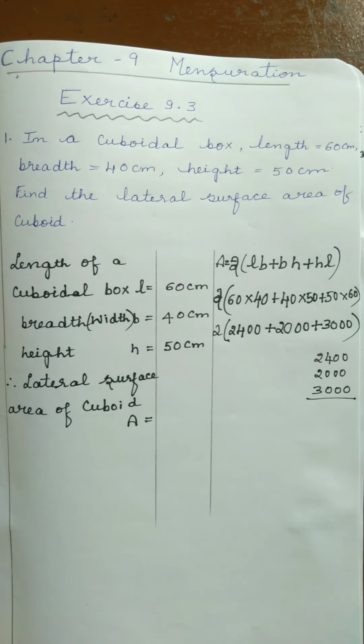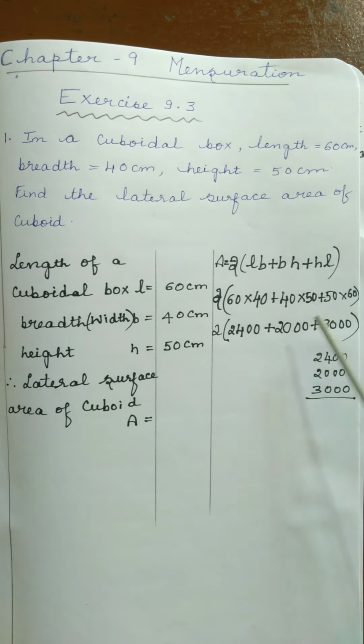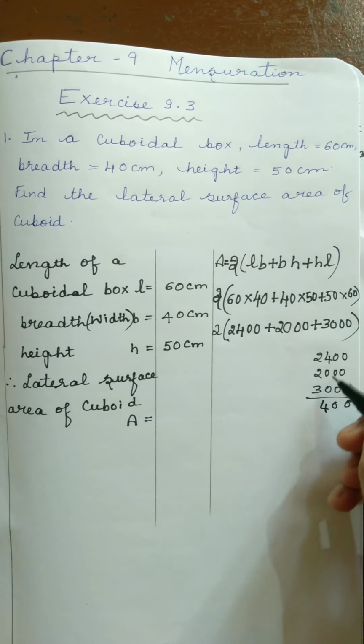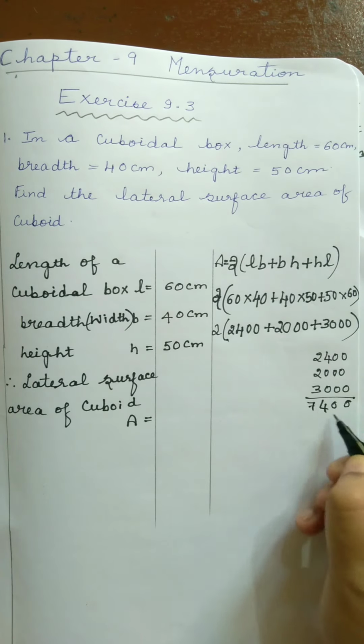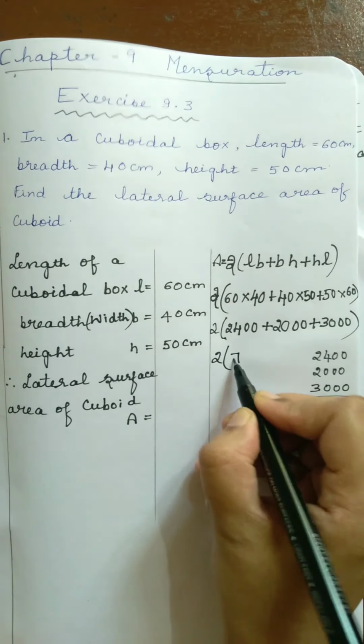Now, in the next step, add 2400 plus 2000 plus 3000. When you add, you get 0, 0, 4, 3 plus 2, 5, 5 plus 2, 7. You get 7400. Therefore, 2 into